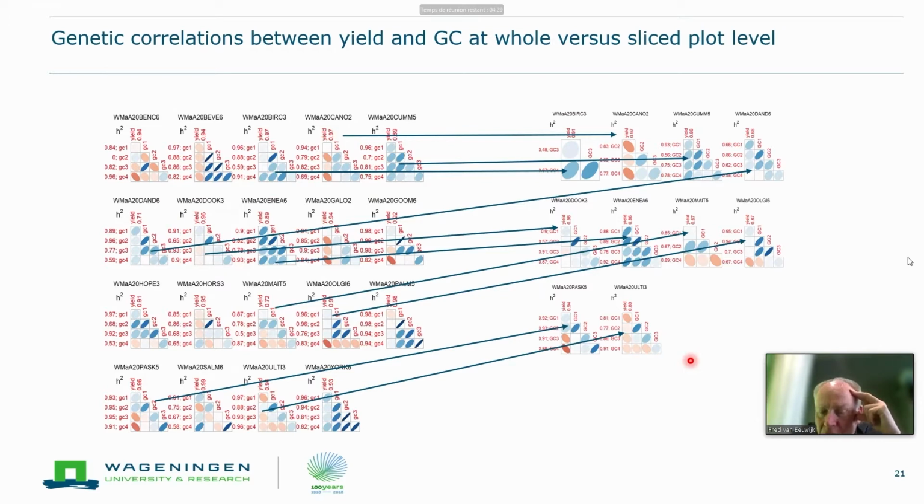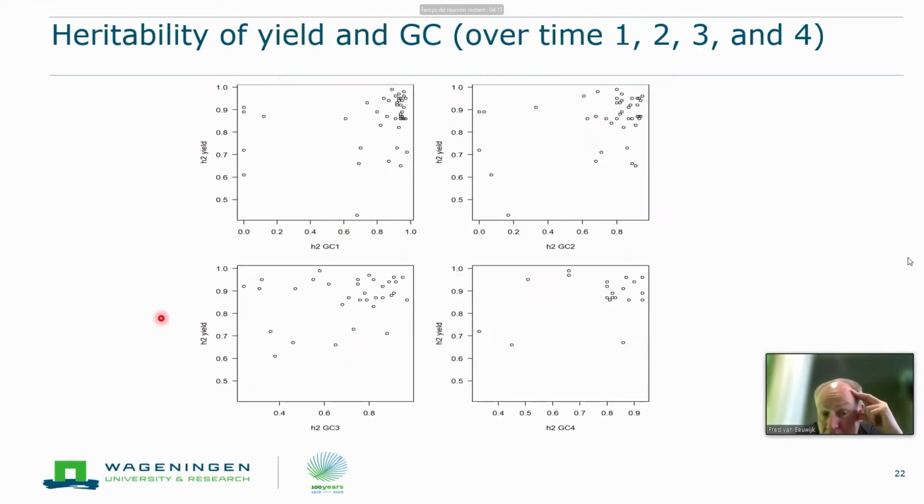So we don't gain a lot by, let's say, adding in more information and working at a finer resolution level inside the plots. We have a little bit erratic relationship between yield and ground cover. We also looked at the heritabilities. And if you look at, well, yield is on the vertical axis, ground cover 1, 2, 3, 4 is on the horizontal axis. And what you can see is, actually there is no clear relationship between the heritability for yield